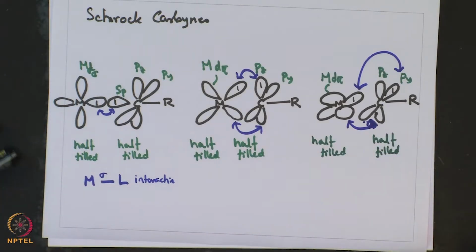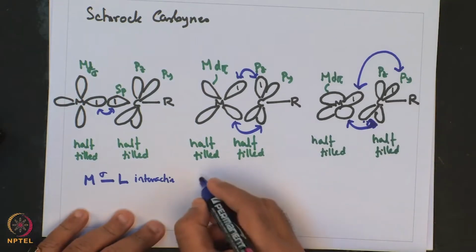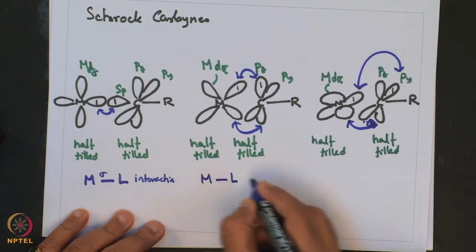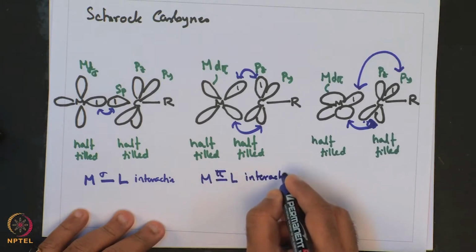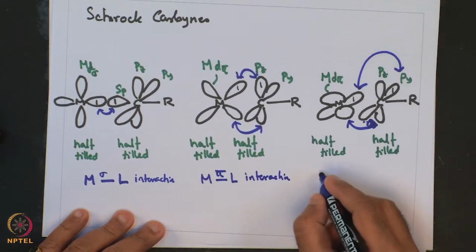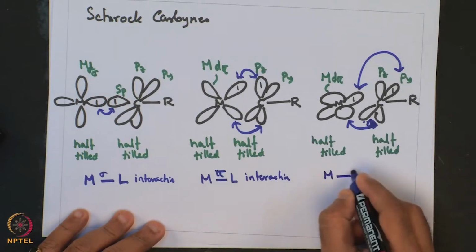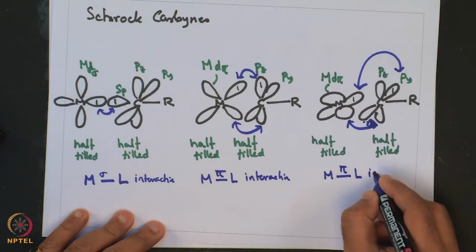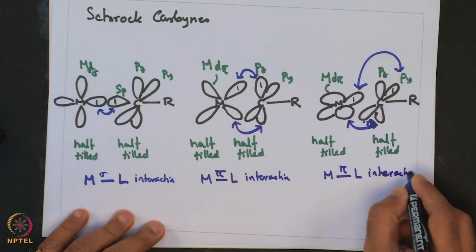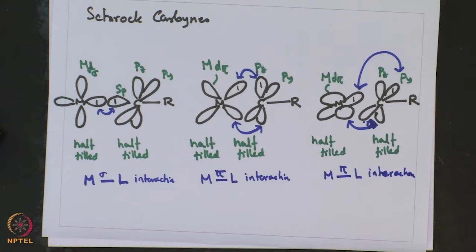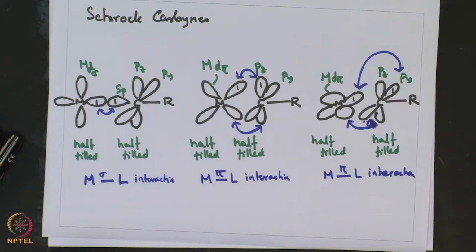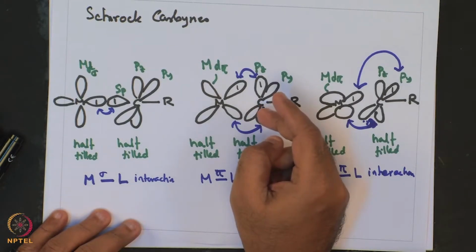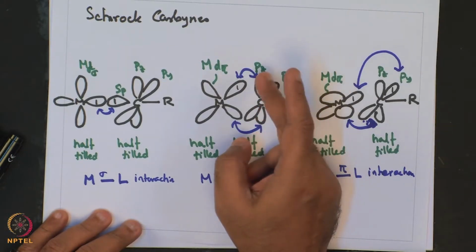And both of these interactions are metal ligand pi type interaction, and this one also is a metal ligand pi type interaction. So, what we see is the fact that these three half filled carbenic orbitals, which are a p z,